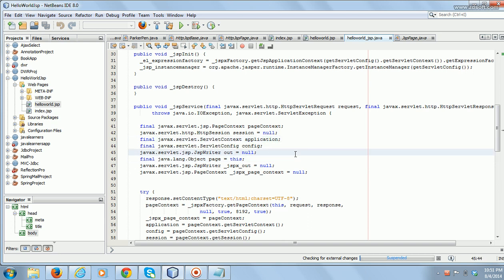In a servlet, you have to say getServletContext. In JSP it is very simple, just say application. If you want to access config, just say config, which means ServletConfig. But in a servlet you have to say getServletConfig, right? So all these are called implicit objects.